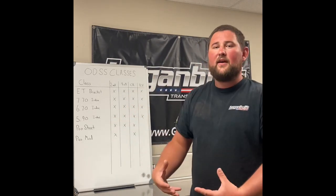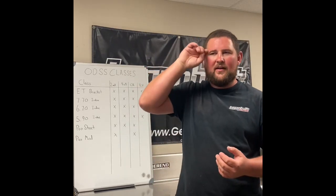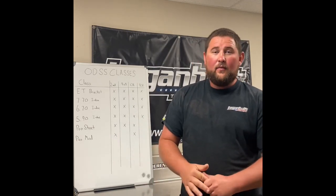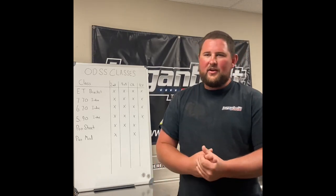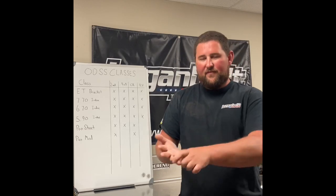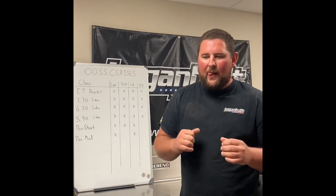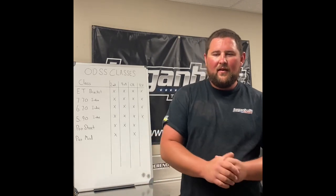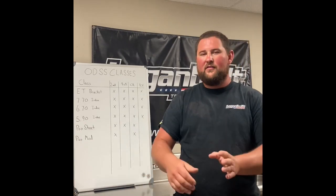If you're building a common rail engine, kind of have the foresight of what tuner you're going to run. And don't be afraid to call those people and say, hey, this is the combination of parts that I'm wanting to run. What do you think? Because a lot of these tuners have experience with different brand injectors, and some of these guys prefer a certain brand over another brand. And if you're going to have them doing the tuning, it's always best to have them tell you what they would recommend. I know like Ryan works closely with Freedom, Levon works closely with D&J,